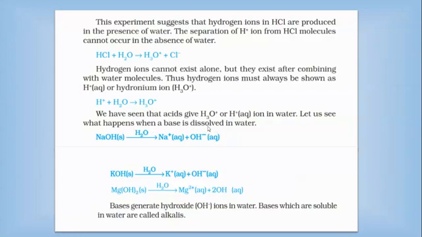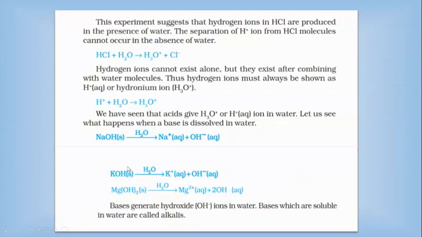So in the case of acid, what we have seen is that acid gives H plus ion or H3O plus ion. Now what does a base give? What will happen when a base is dissolved in water? Here we have an example, sodium hydroxide. When sodium hydroxide is dissolved in water, it gives Na plus and OH minus. So the sodium hydroxide is split into ions, that is Na plus and OH minus.